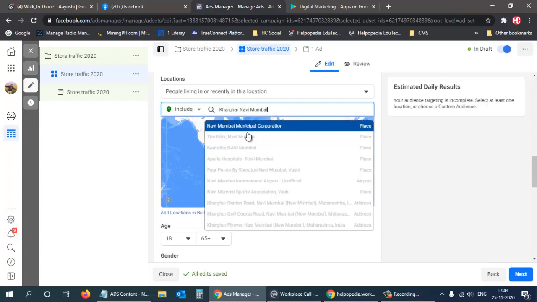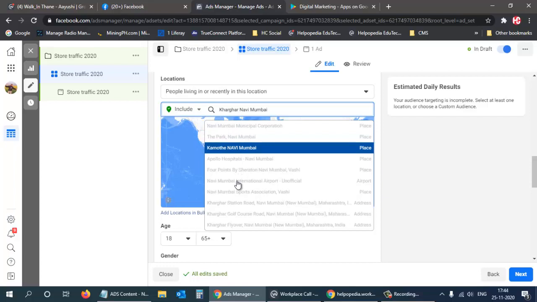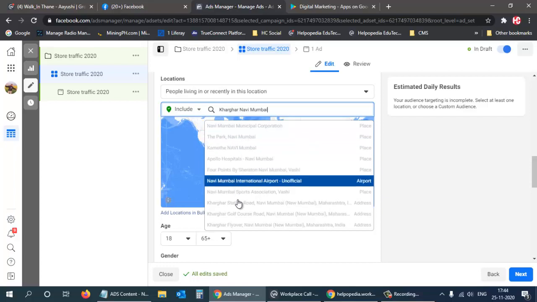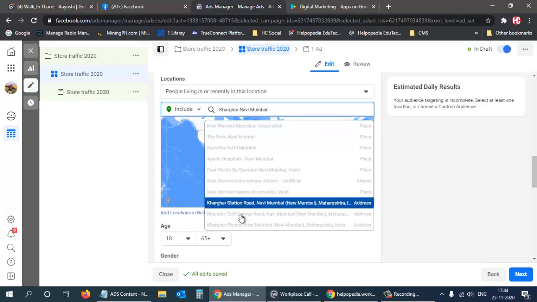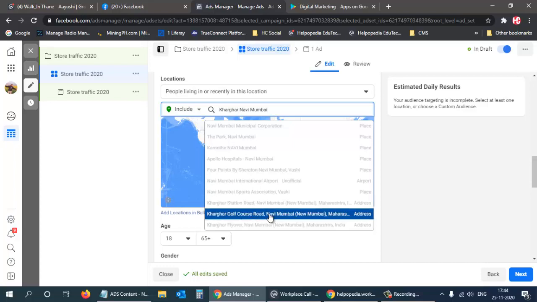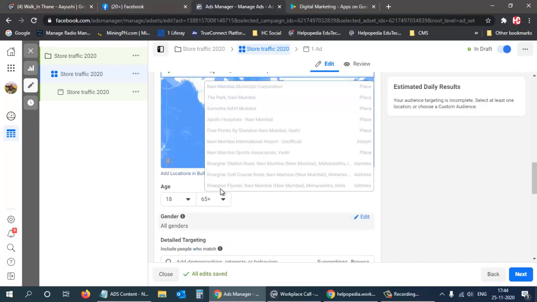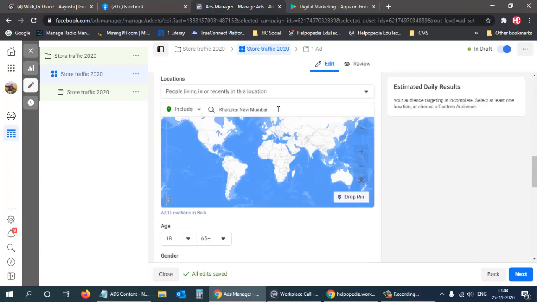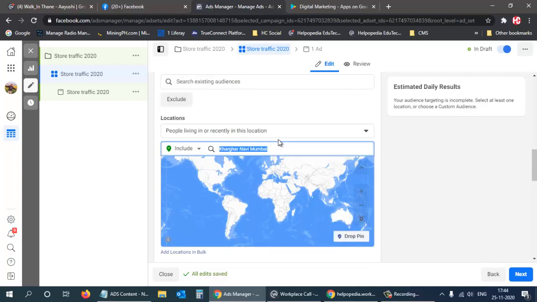Navi Mumbai Municipal Corporation Kamote. Okay, Navi Mumbai International Airport, Kharghar Station. Okay, Kharghar Golf Course, flyover. Let me see if I can find my location by typing the name.